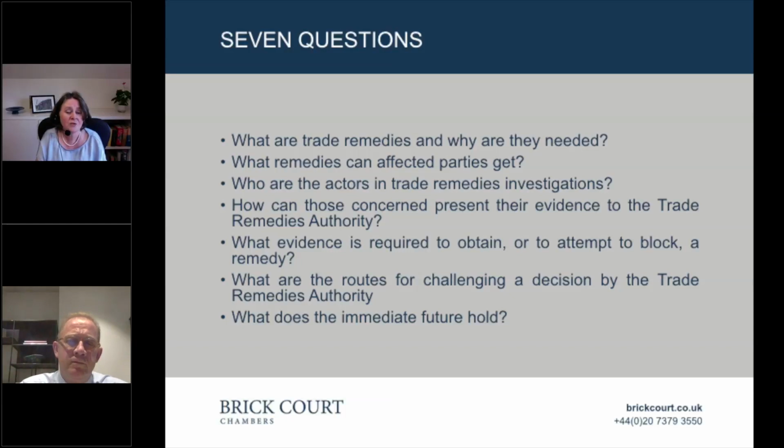So if some or all of these processes are utilised, there may be interesting questions. For example, if the Secretary of State then chooses for his own reasons to depart from the course decided upon in the TRA's final recommendation, one wonders how easy it will be for them either to decline or to grant a remedy, for example. As with the EU Commission findings, there is, of course, also the opportunity for judicial challenge